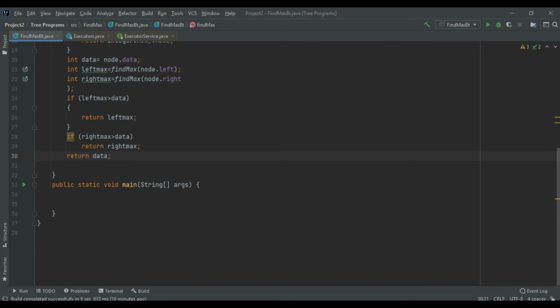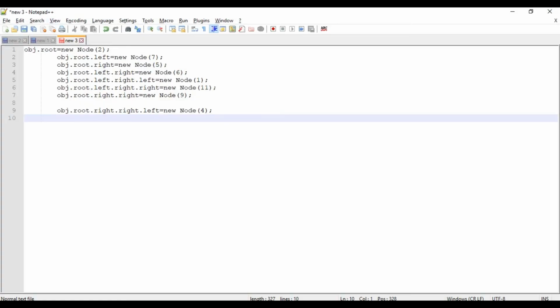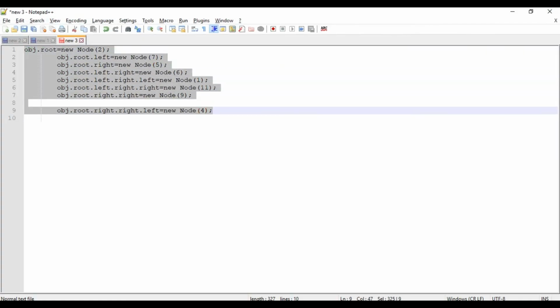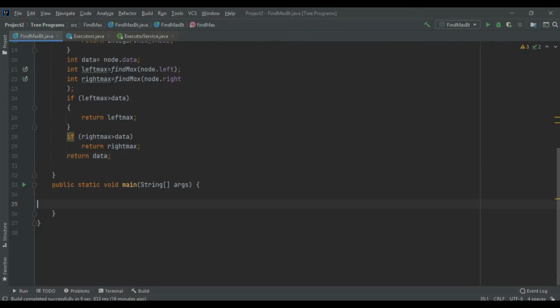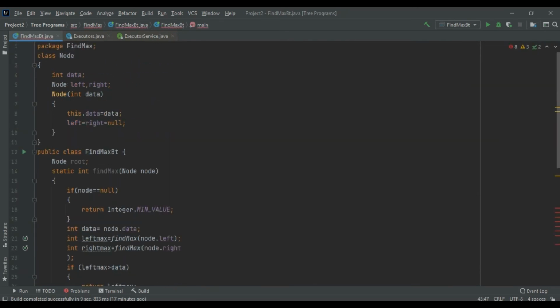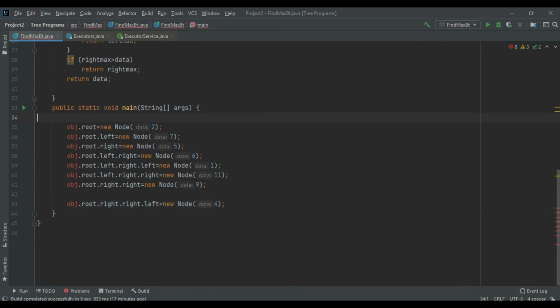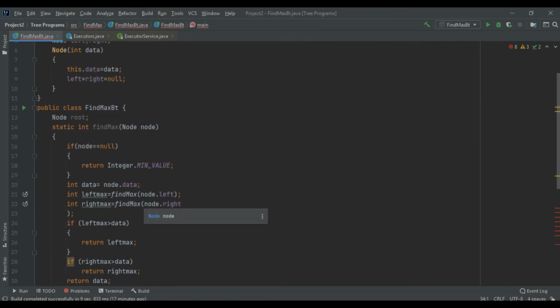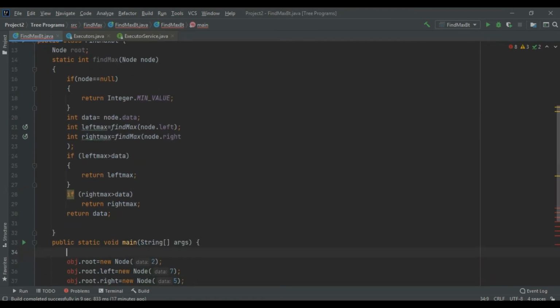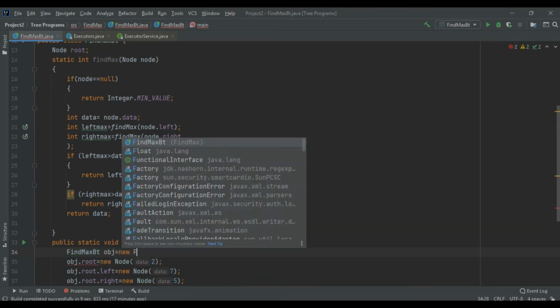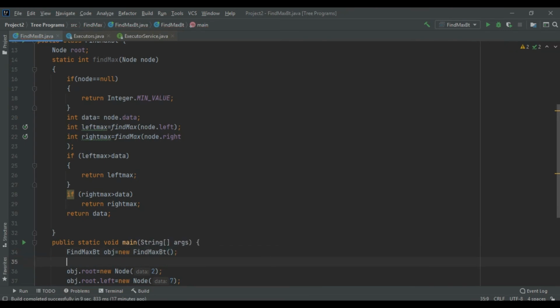We would be printing in an old school fashion. I have made these values beforehand. I would be creating the object of this class, and this class is FindMax. So new FindMaxBinaryTree.